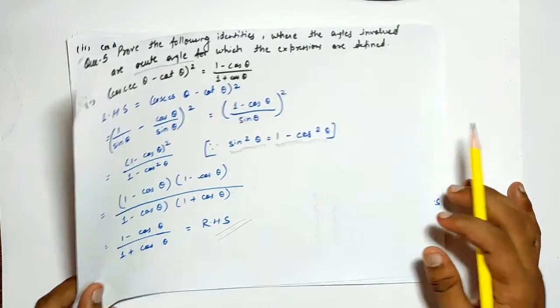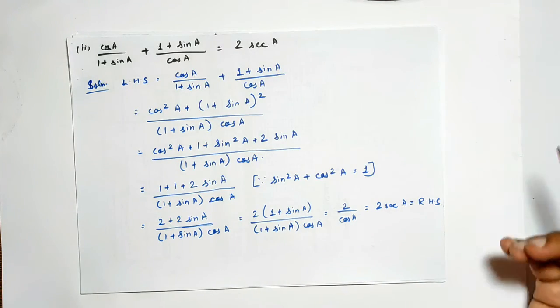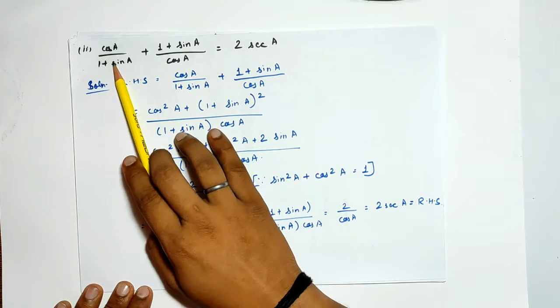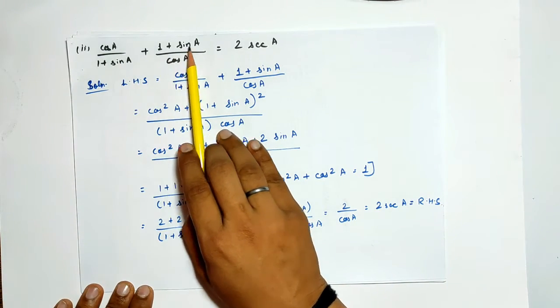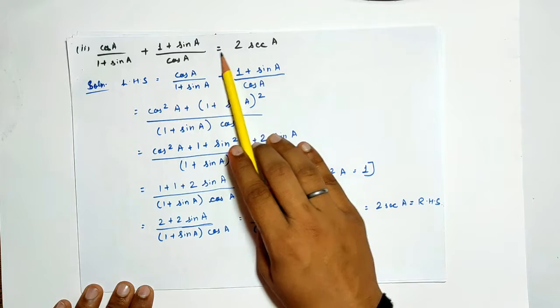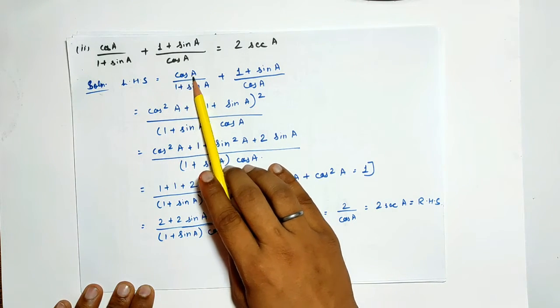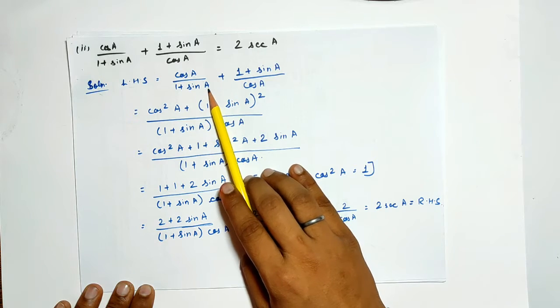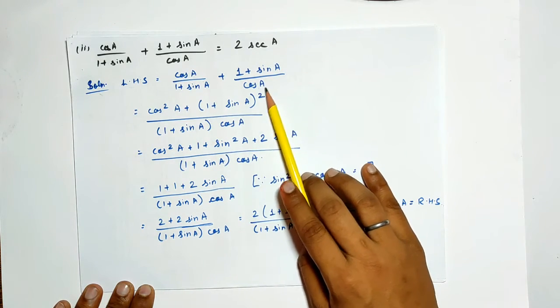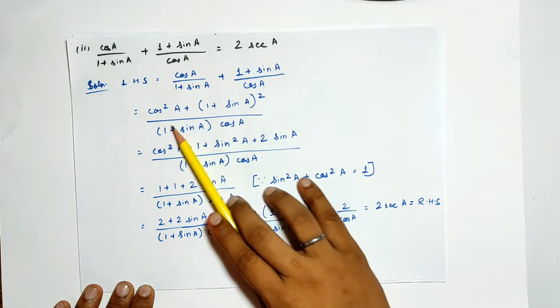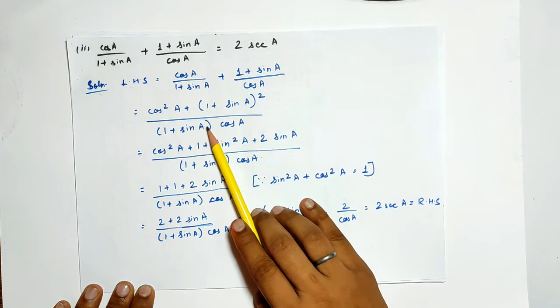RHS. So now let's come to the next part of the same question, that is question number 5. So here, cos a upon (1 plus sin a) plus (1 plus sin a) upon cos a is equal to 2 sec a. Solution: LHS is equal to cos a upon (1 plus sin a) plus (1 plus sin a) upon cos a, which is equal to cos square a plus (1 plus sin a) whole square